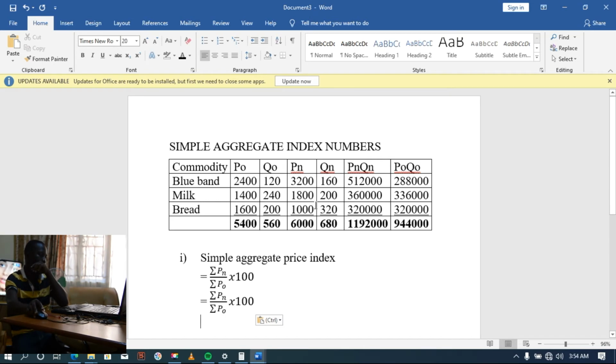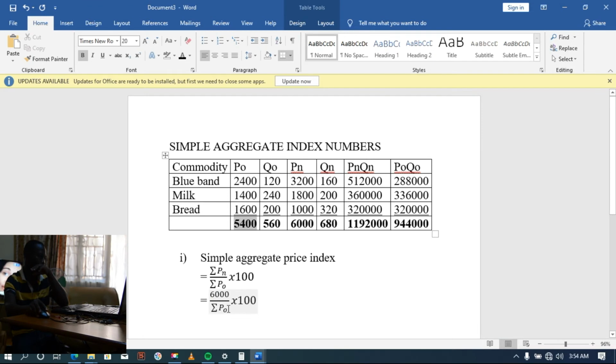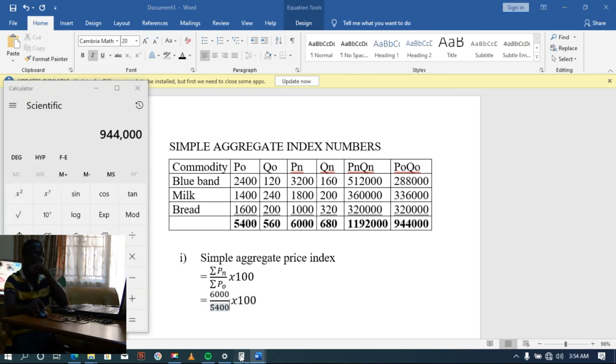So now our summation Pn is 6,000, as we can observe. So we place here 6,000 over summation Po. Our summation Po is 5,400, times 100. So 6,000 divided by 5,400 times 100, we get